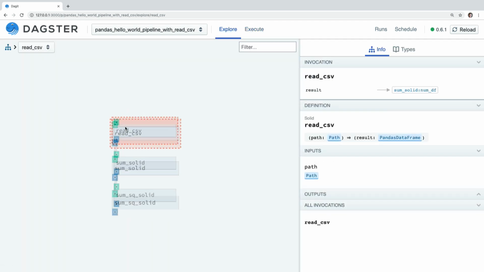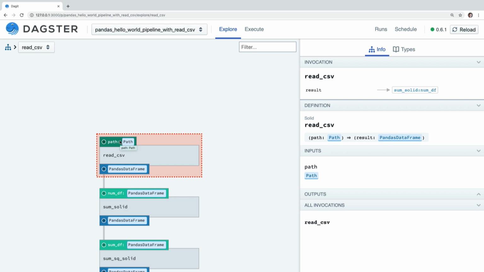Now, one of the things we have to do is parameterize this thing. This is one of the most important concepts in this system: unlike Airflow, where the DAG takes in the config and then you construct the DAG out of that, this separates the DAG from its parameters. So whenever we have a DAG that we want to execute, we have to have the parameters in order to execute it.